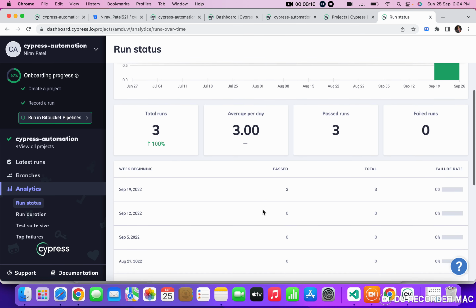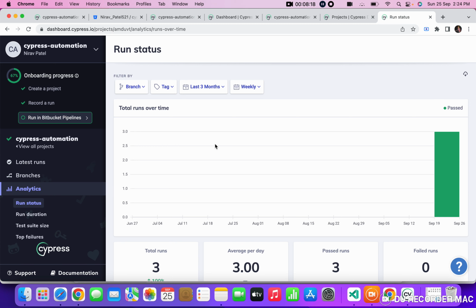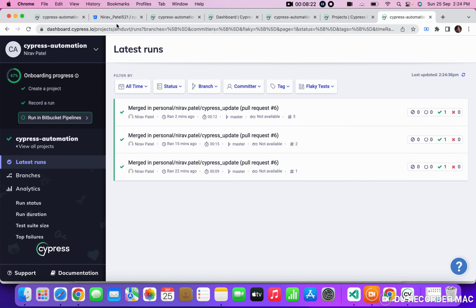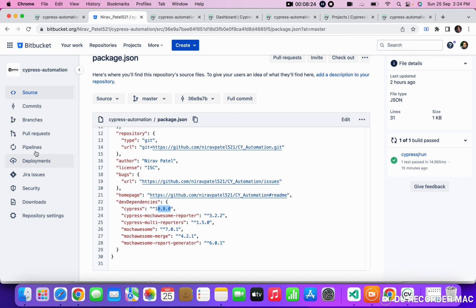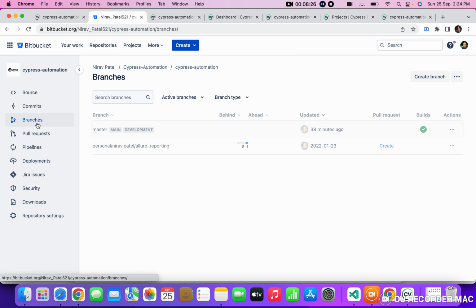So we have the 3 executions that we did in the latest run. Once we go back to the Bitbucket URL, I just see that on the master branch I executed a build 38 minutes ago, and these builds are successful.